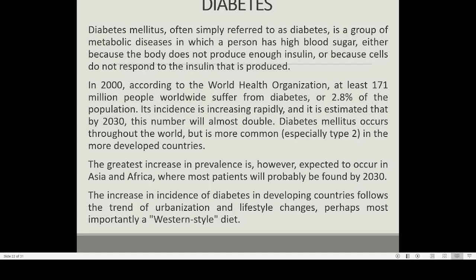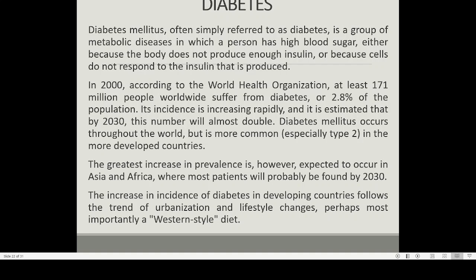Now, in a diabetic patient, this conversion of extra glucose into glycogen may not be taking place properly. For that, we need a hormone known as insulin. Insulin is a hormone that stimulates the conversion of extra glucose into glycogen. And when this conversion is not taking place, extra glucose will be present in the bloodstream itself. So the amount of glucose normally present in the blood vessels will be increasing.